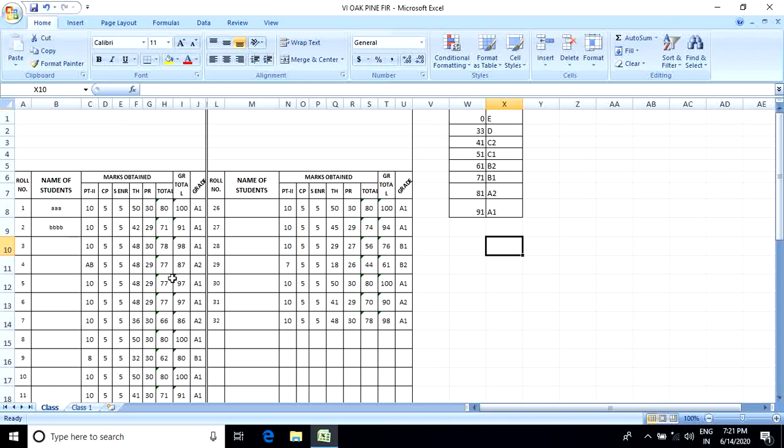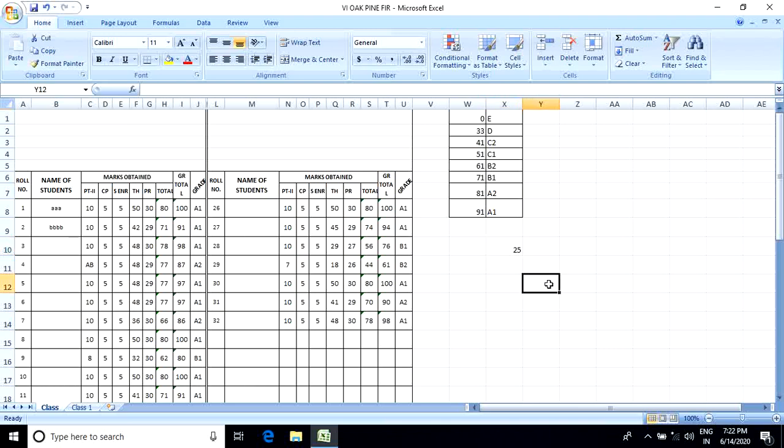So what is the average value? Equals to, give the cell value I8 divided by 4, 25 is the average value.